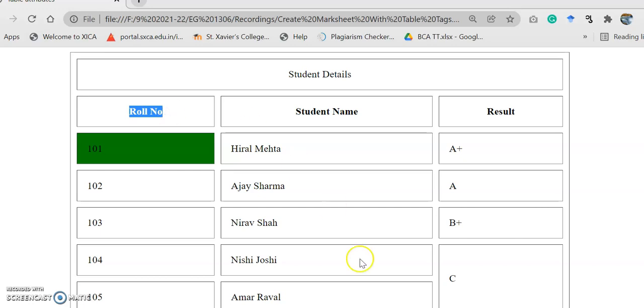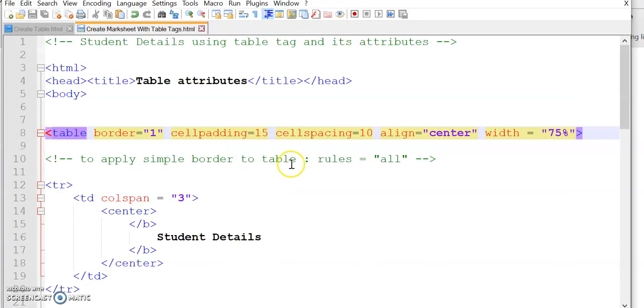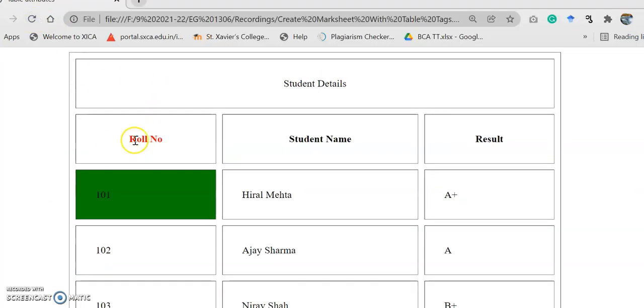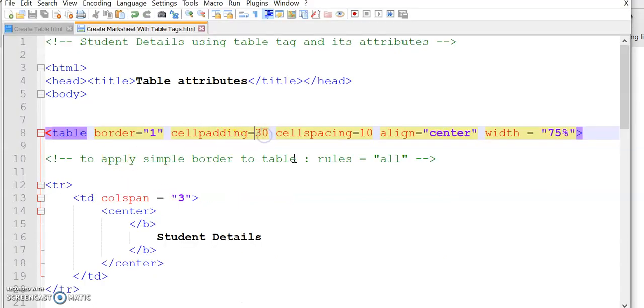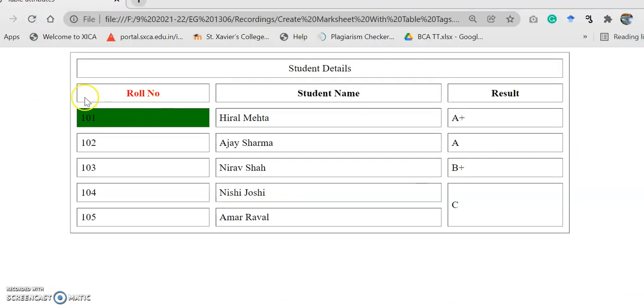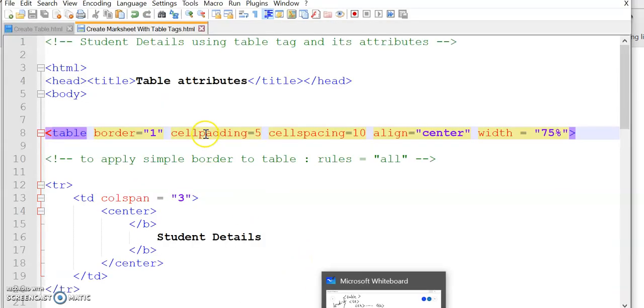If I say, let's say 30, of course it will increase the space, right? So now we can see we have more space from the border to the content. Let's keep it 5 for now. Okay, right? So it looks like a table. So this is about the cell padding.